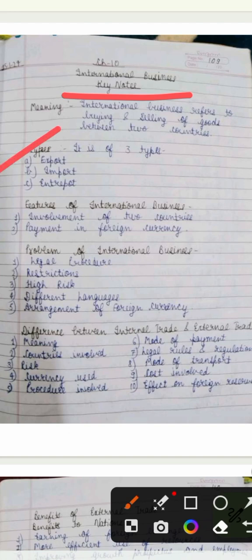The types of international trade are export, import, and entrepot. Exports means selling goods or services to foreign countries. Import means buying goods from foreign countries. Services are also bought from foreign countries. Entrepot means re-export. That means importing goods from